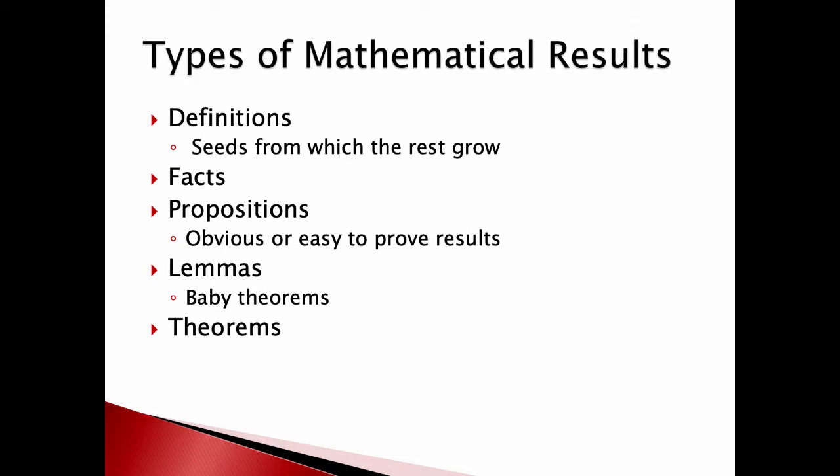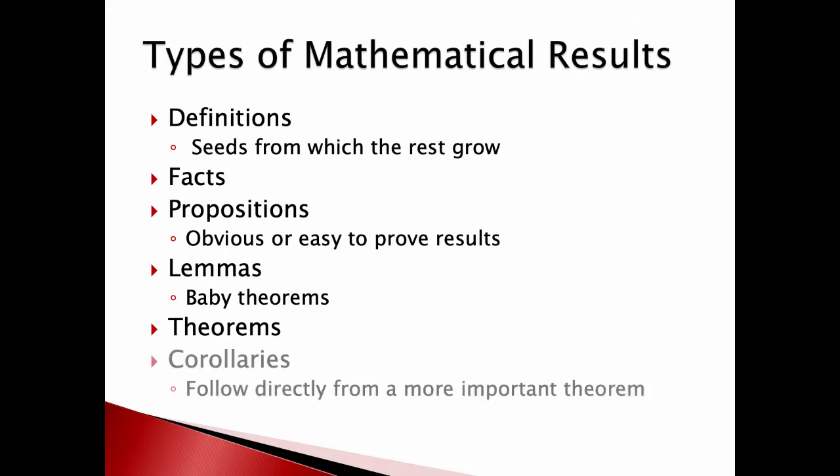So theorems are kind of the big things, right? Like you can imagine these are like your third and fourth place hitters on your baseball team. These are the big guys with the bat that come in and are supposed to hit home runs. Corollaries are just little results that follow from a more important theorem. So you can again imagine that these are the guys batting at the bottom of the order, right? So theorems do the heavy lifting, and once you understand a theorem, there may be something else that's obviously true, and we will call things like those corollaries.